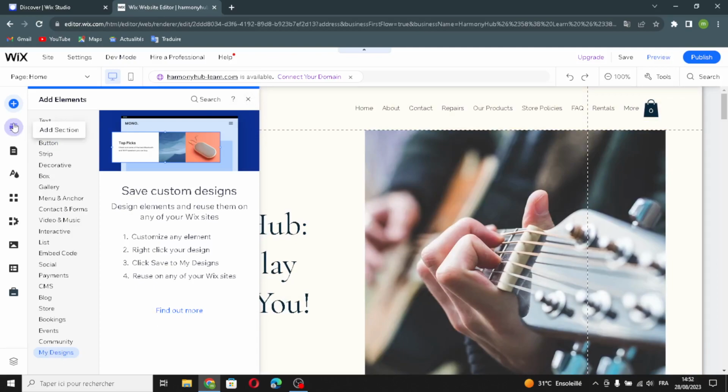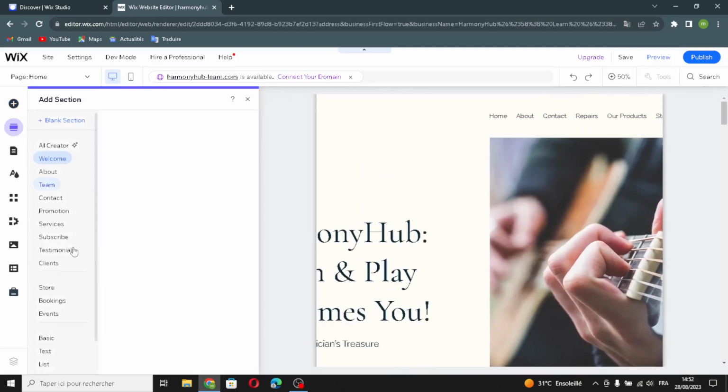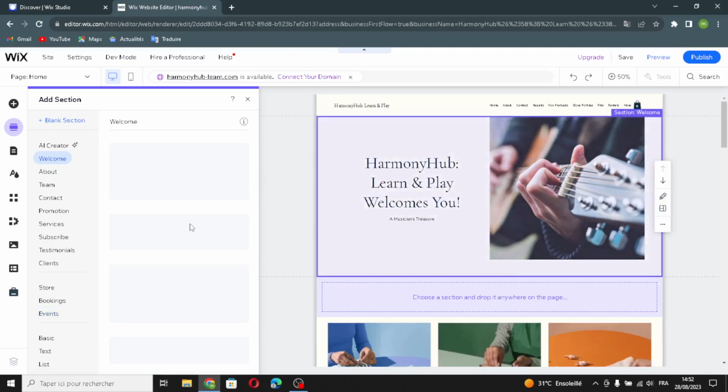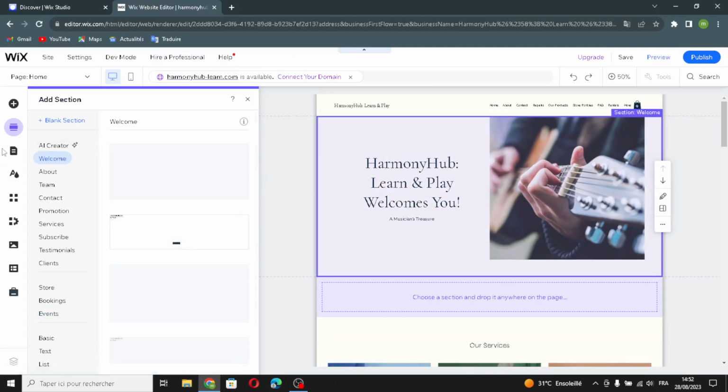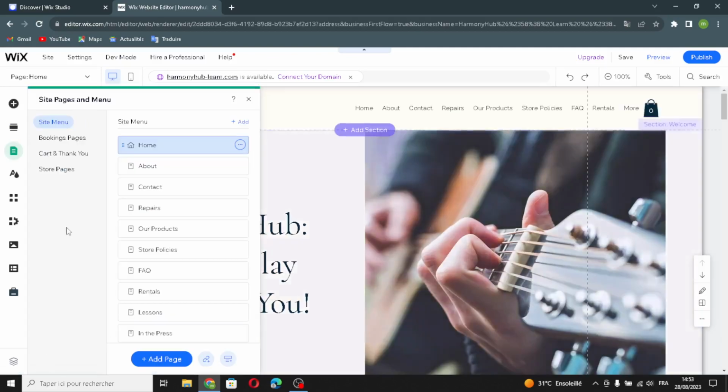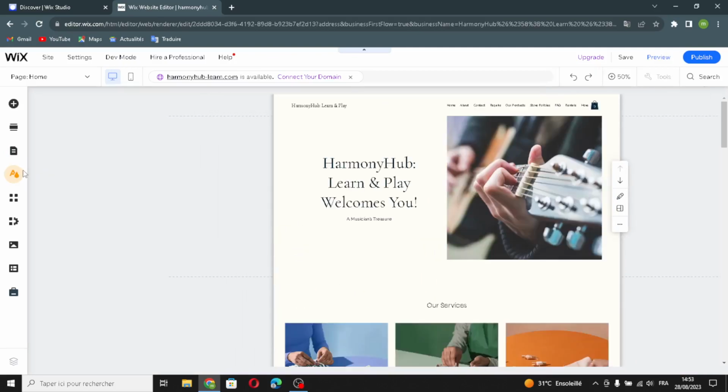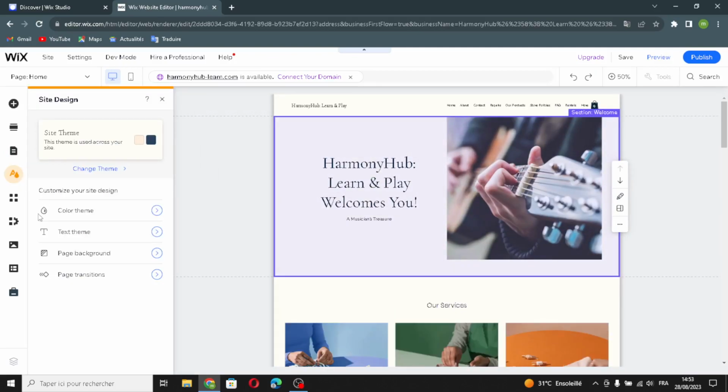Now if you wanna add section, you can just click here, select any section from here you want to add on your home page, and that's it. Here if you wanna add page and menus, so here the page you have to add, and the site menu, you can add some site menus or page. Here if you wanna design your site, you can customize your site design, the color theme or the text theme or the page background or the page transitions. If you wanna add some apps, if you wanna manage your business, here if you wanna upload your media,